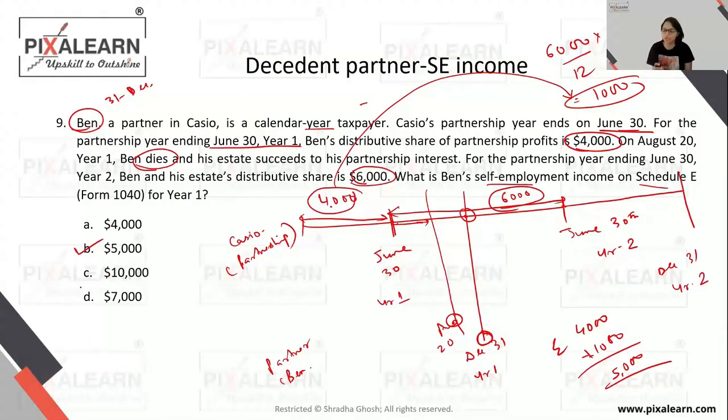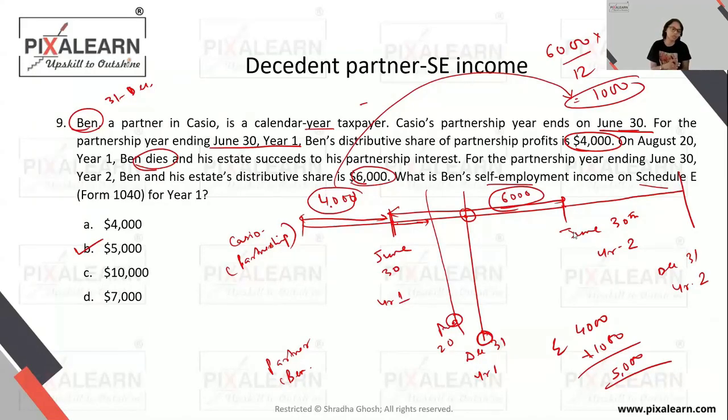It's a special provision. Now see, I am not too sure of all of these special provisions, how much will be questioned in your exam. But my suggestion is the basics should be very strong. What is self-employment income? What isn't self-employment income? That is extremely important. These are some very specific provisions which I don't think will be questioned that much, but you will still have to do it properly because it's a part of your syllabus. But given a choice, I don't think that they're going to dig on these concepts really well.